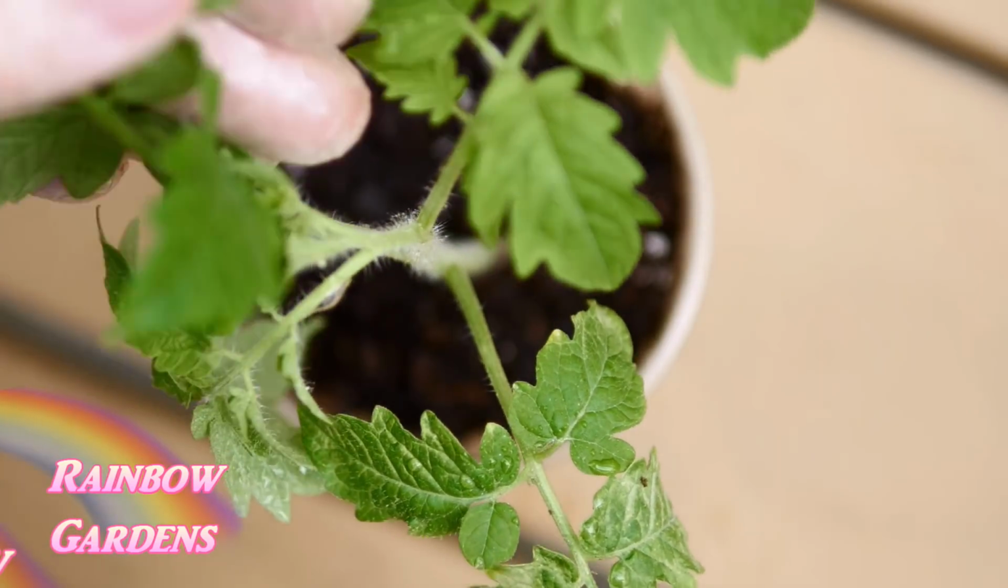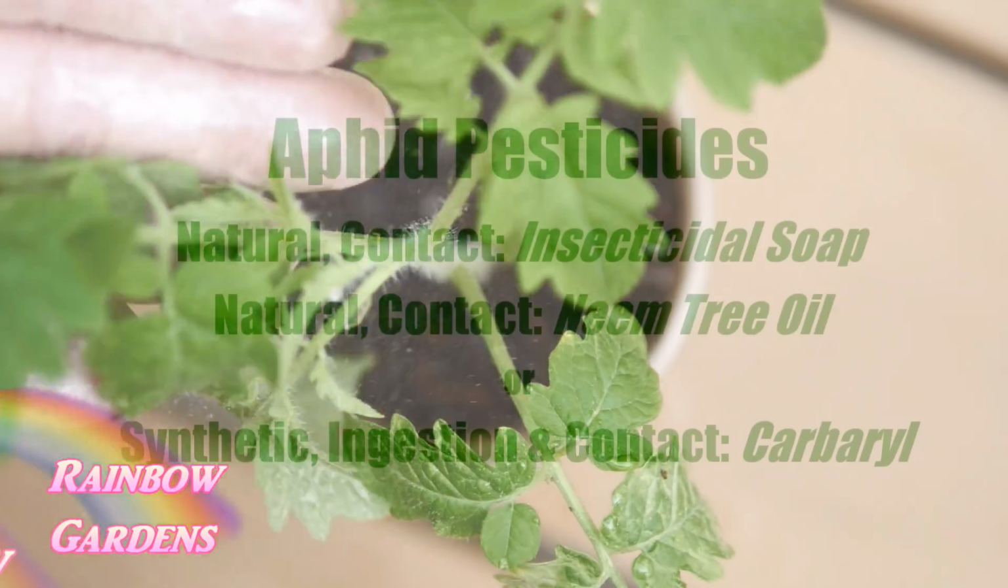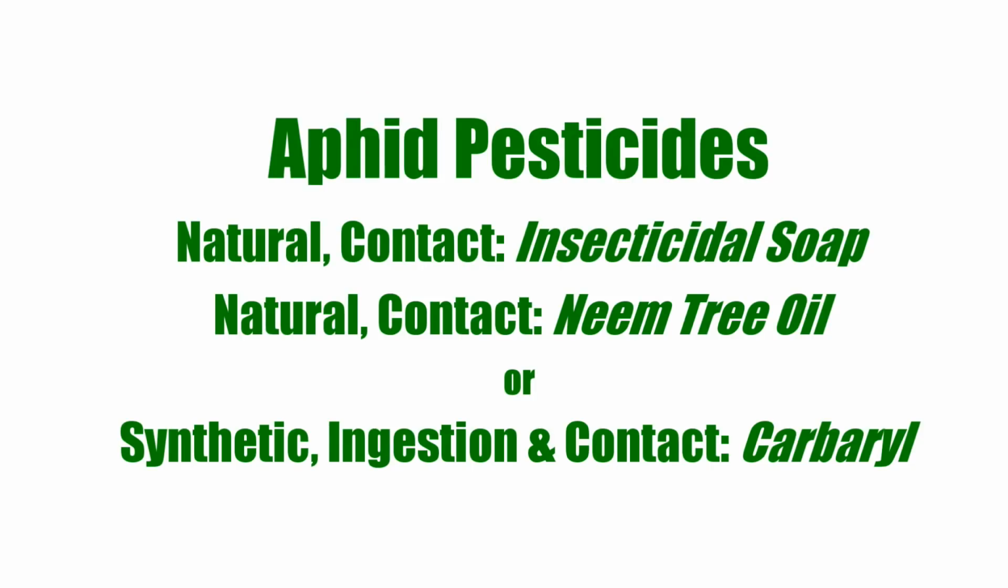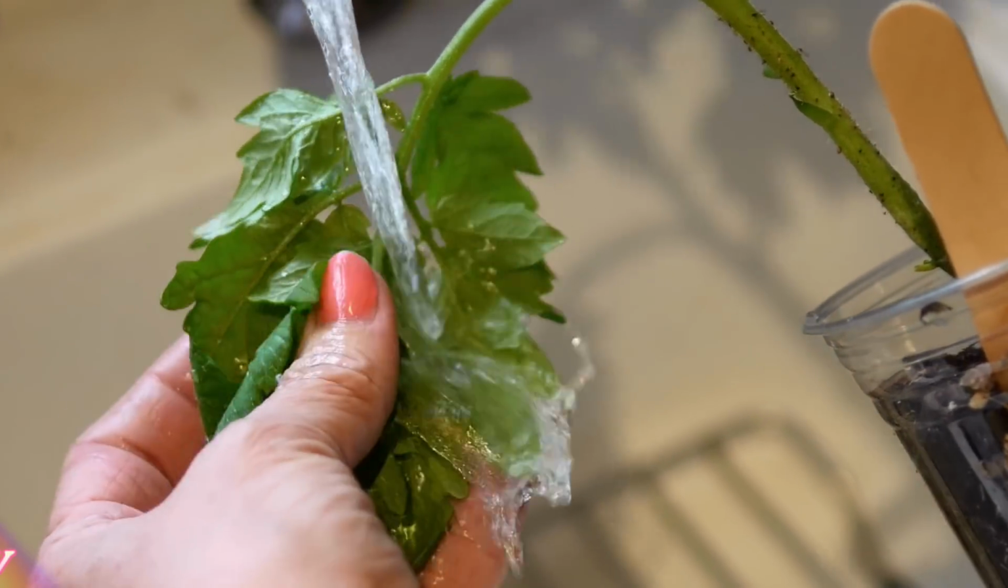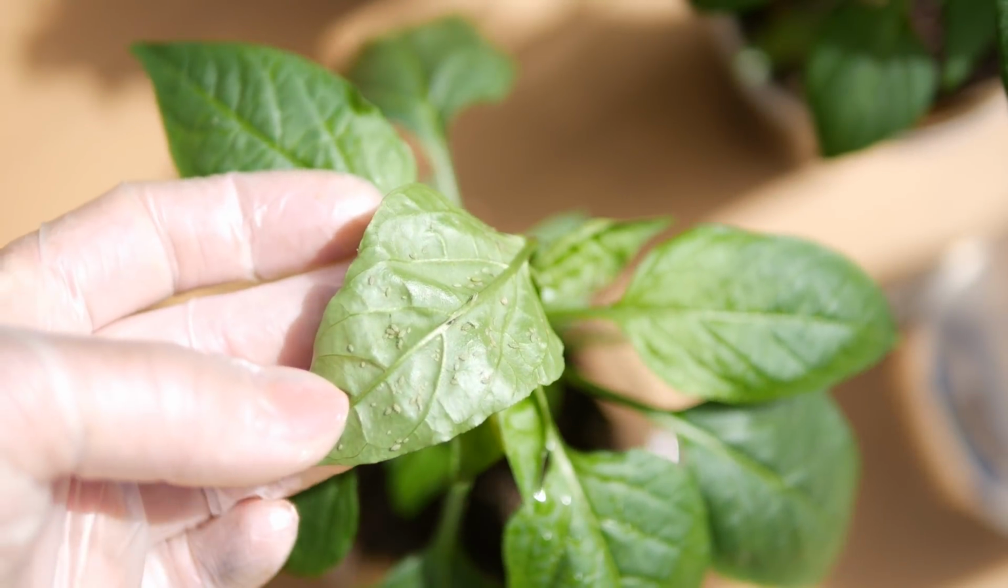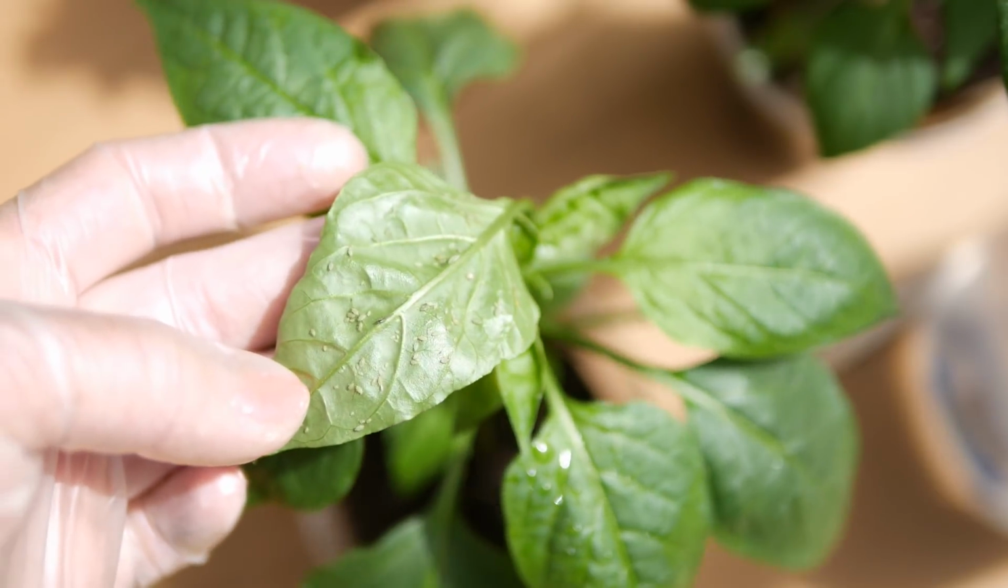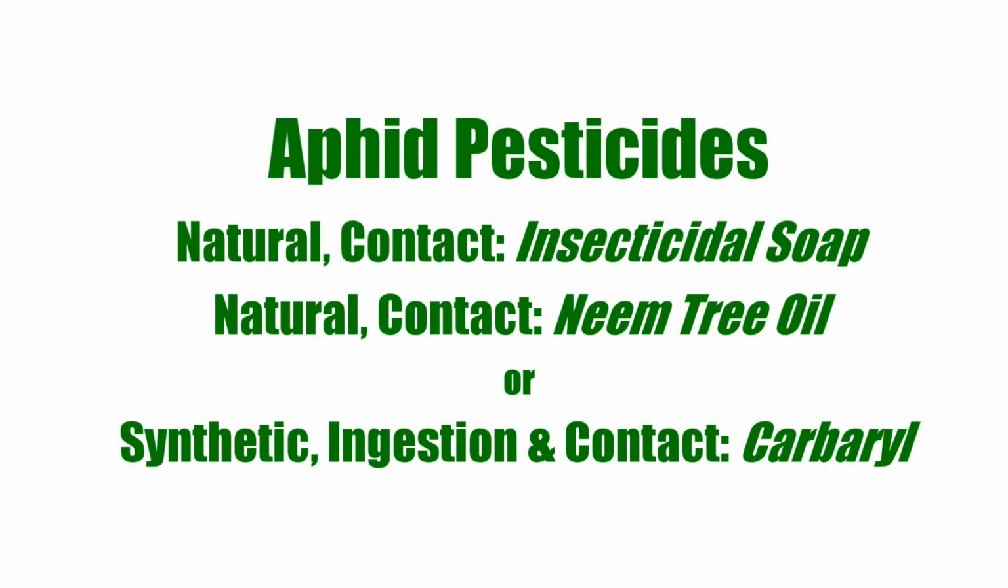The insecticidal soap will dehydrate them, and then usually the next day I will rinse them off with water, and then I let them dry again, and I'll check them in about 2 more days to see if I have any more activity on the plant. If I see it again, I repeat the same process until they're gone. I might have to do this 2, 3, 4 times, but it's a very low toxic way of getting rid